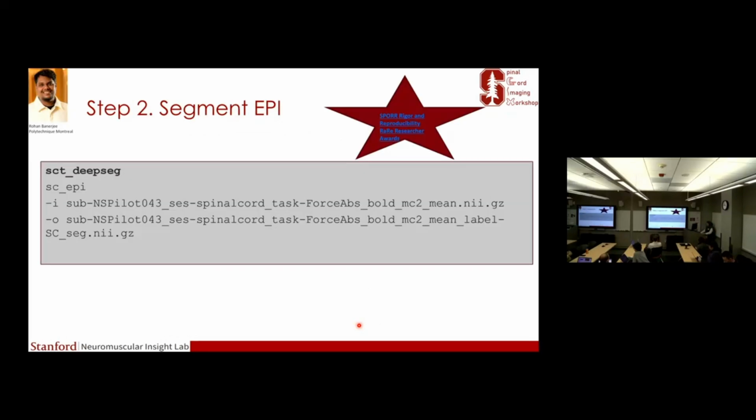And so another question is how to segment the EPI. And how do we do that? Previously there were automated tools, but mostly it was manual. Now, I was also involved with this work, so I'm very happy about that. Rohan led this work, and we developed a tool to segment the challenging EPI. It's SCT DeepSeg SC EPI. So we get our mean motion corrected image, and then using one of the functionalities of SCT DeepSeg, we can segment the